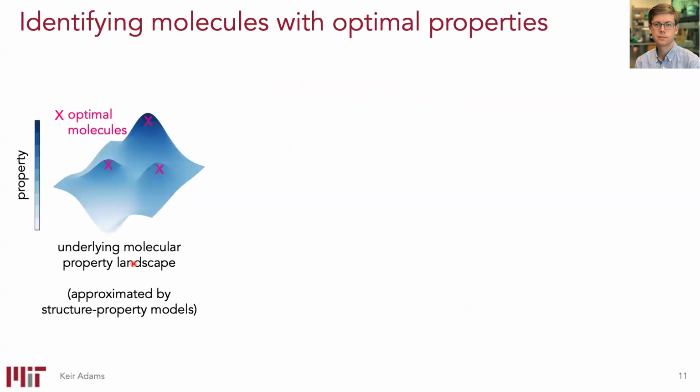So we have this hypothetical relationship that we maybe approximate with machine learning models that tells us how structure relates to function. We can draw it as this cartoon surface where, as you change the structure, the X and Y axes, you change the property from good to bad. And the idea of design is that we'd love to find the molecules that live at the maximum of this function, right? We'd really like to find the structures that will achieve that maximal binding potency, or maybe that maximum quantum yield if we're doing some photoelectronic application.